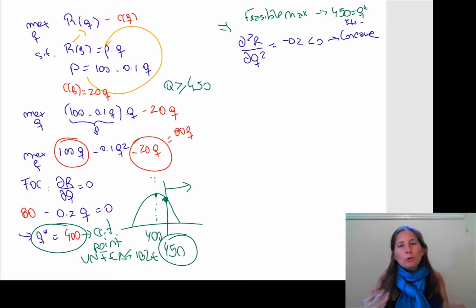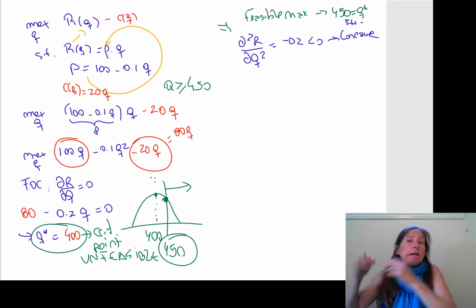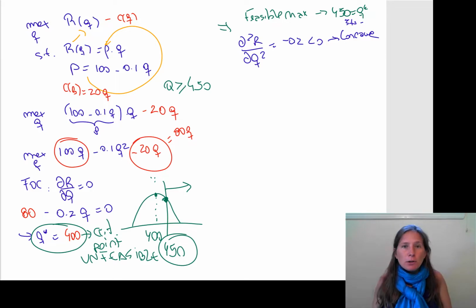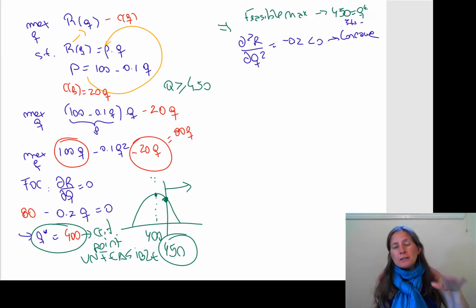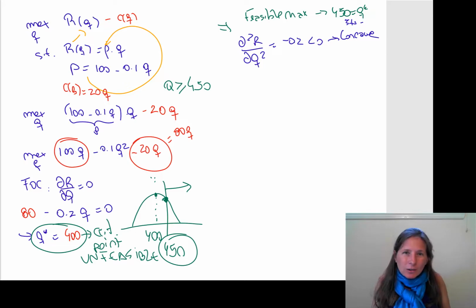Later on, here I kind of wave my hand on how to deal with a constraint. If the constraint is just a number, you can solve it as I did before. You can say, okay, let's solve the problem, and then let's see if it falls in the constraint set and if it's feasible. If it's not feasible, then let's pick the best feasible point. Your constraints can be more complicated. You can have inequality constraints. So in a few classes, we are going to discuss how to deal with those by using Lagrangians, which is a more general method for dealing with constraints when they are more complex than just the one that I showed you here.